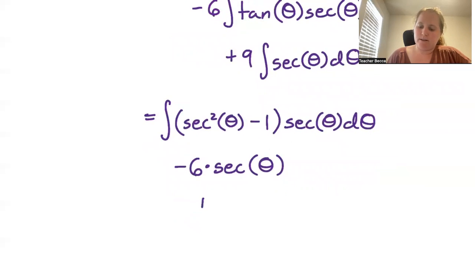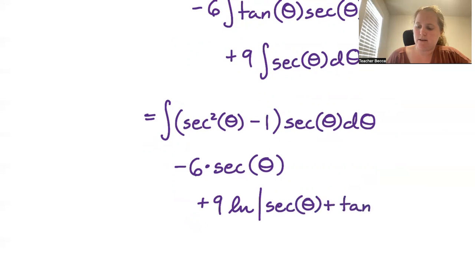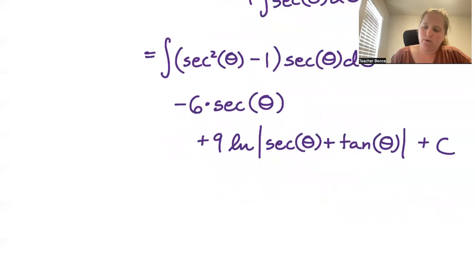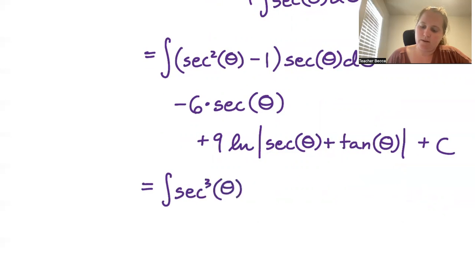And then we have plus 9 times the integral of secant of theta, which is the natural log of the absolute value of secant theta plus tangent theta. I'm going to just throw a plus c on the end here. That first integral we can now split. This is the integral of secant cubed of theta d theta minus the integral of secant theta d theta